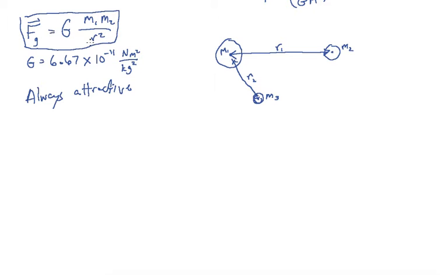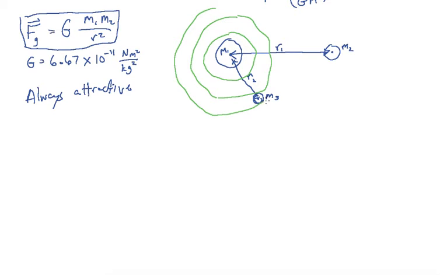Remember, this is an r squared here. This is because of the spherical symmetry. If this sends out a certain amount of gravity as it goes out on a larger and larger sphere, the strength of that gravitational field spreads out over a larger and larger sphere. And remember that the area of a sphere